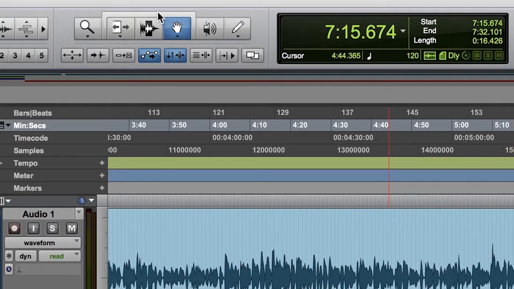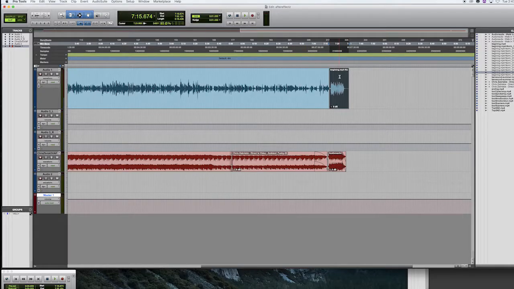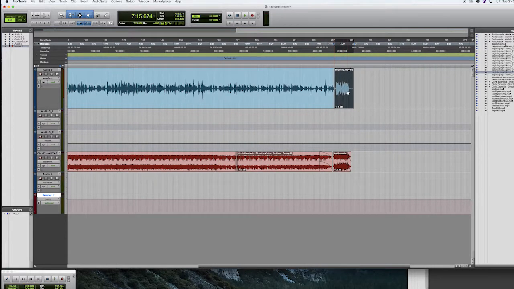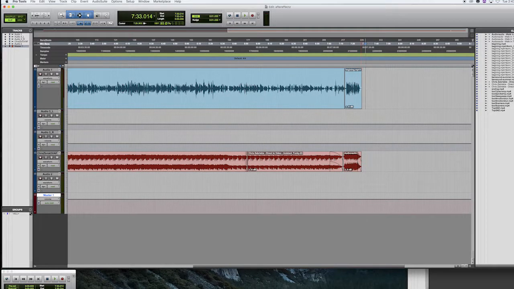So let's talk about the Smart Tool real quick. The Smart Tool would have everything that those tools have besides maybe some specific functions that would have to be covered over in a more advanced video than this. But basically anything above the clip is the selector tool, anything below the clip is the grabber tool, and anything on the left or the right side is the trim tool. But one function that the Smart tool has that none of these tools have is the fade in, fade out